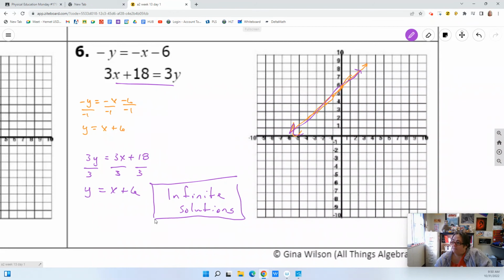So hopefully that gave you an example of each of them. When you do it in Delta Math,